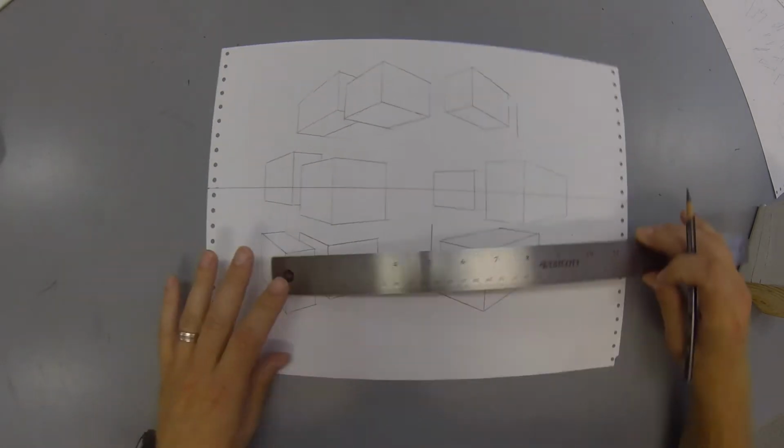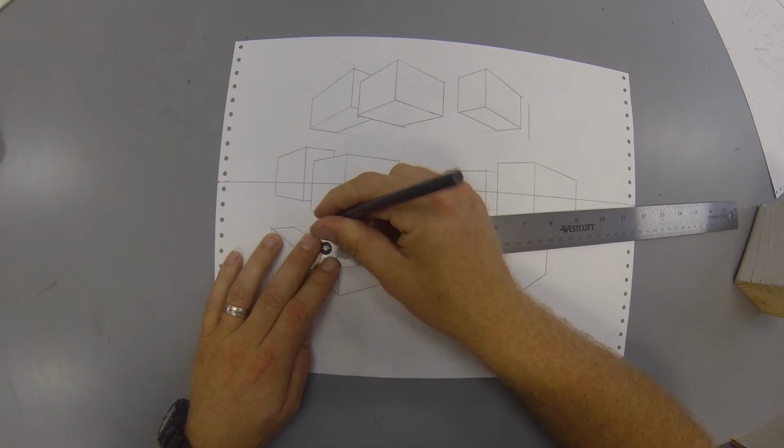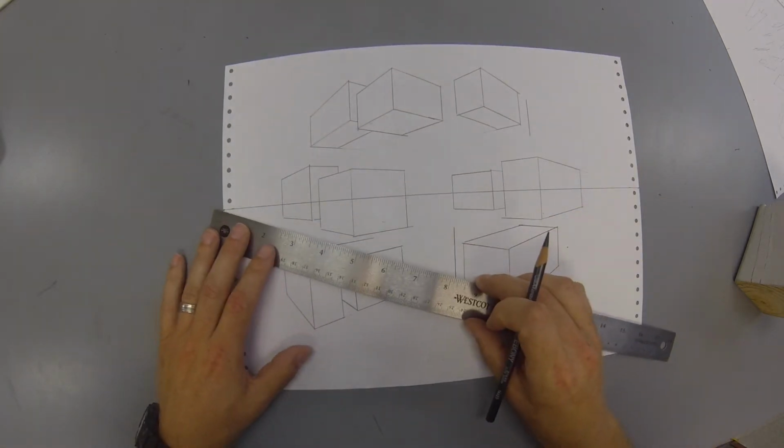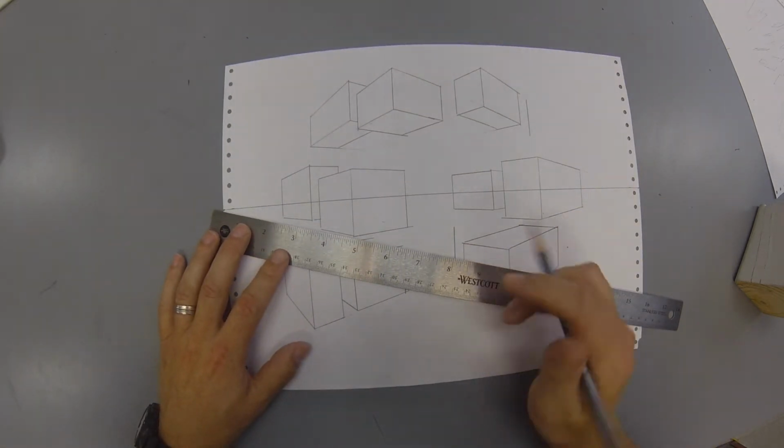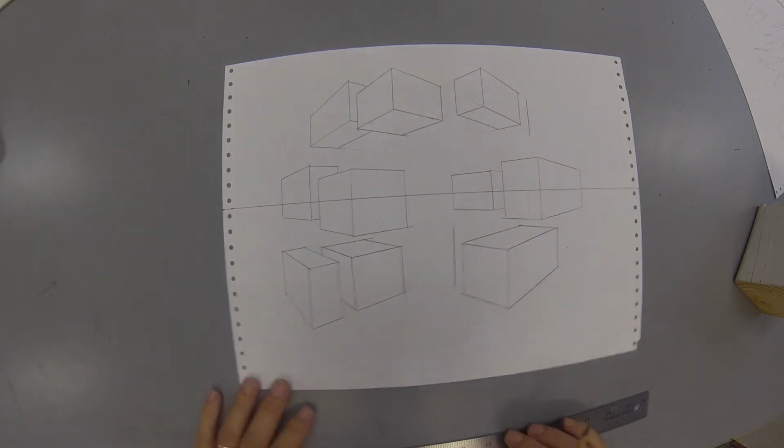Okay. And then we're going to take this, it's going to go back over to our vanishing point on the right hand side. We're going to go to our vanishing point over here like this. And so there we go. Now